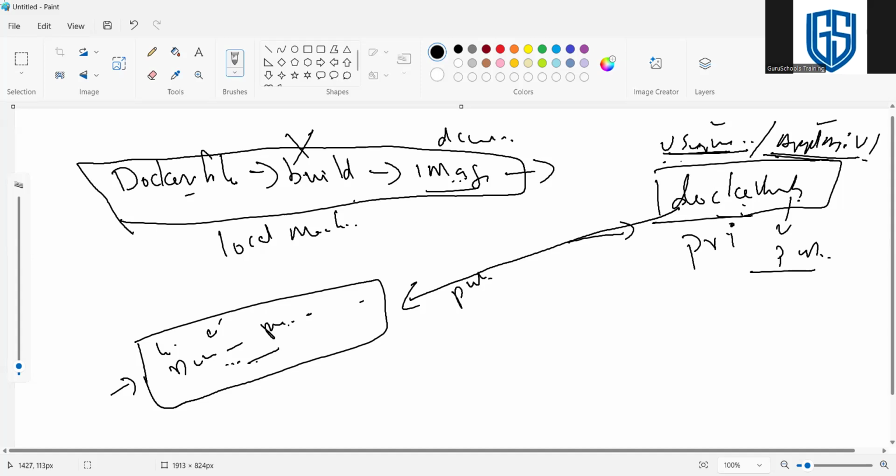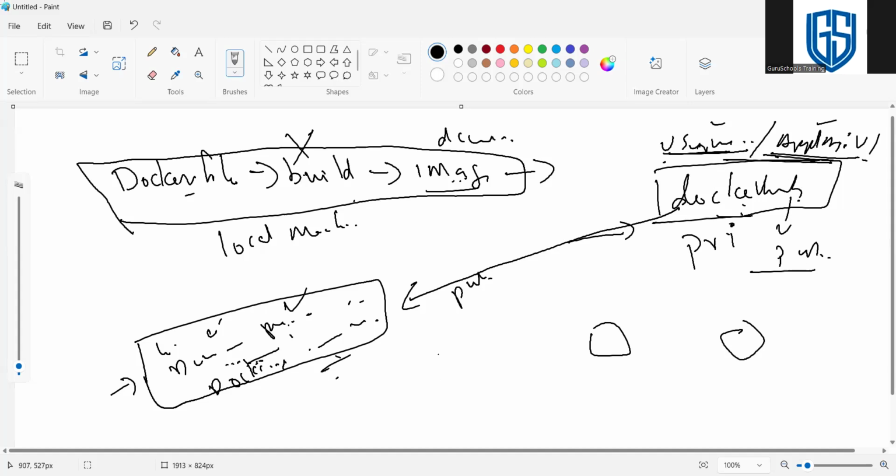So we need to make it publicly visible. Then we can directly pull the image, see the image here, and run it using the Docker command, Docker run with the image name. So the application runs on this specific machine. Anyone can access the image if it is public, on their own machines or servers or anywhere.